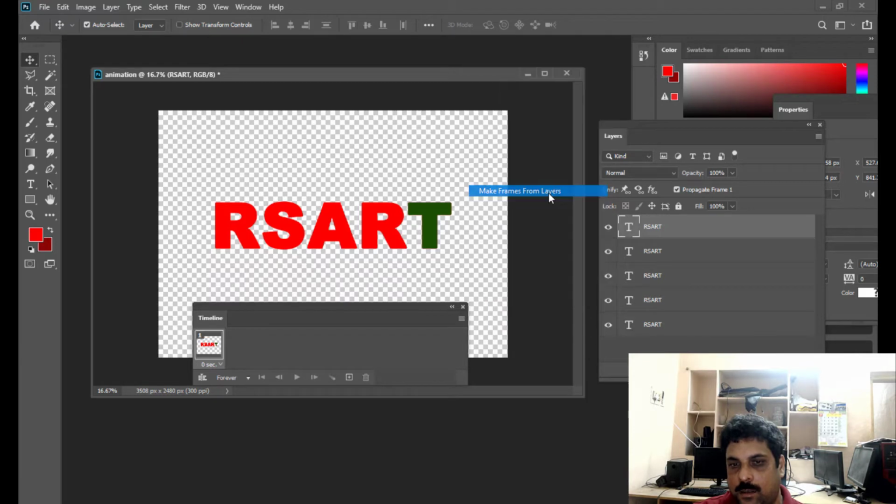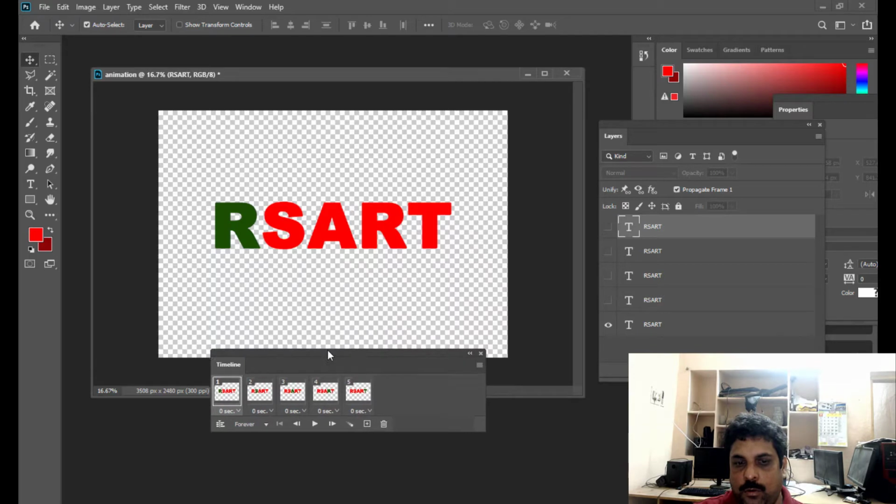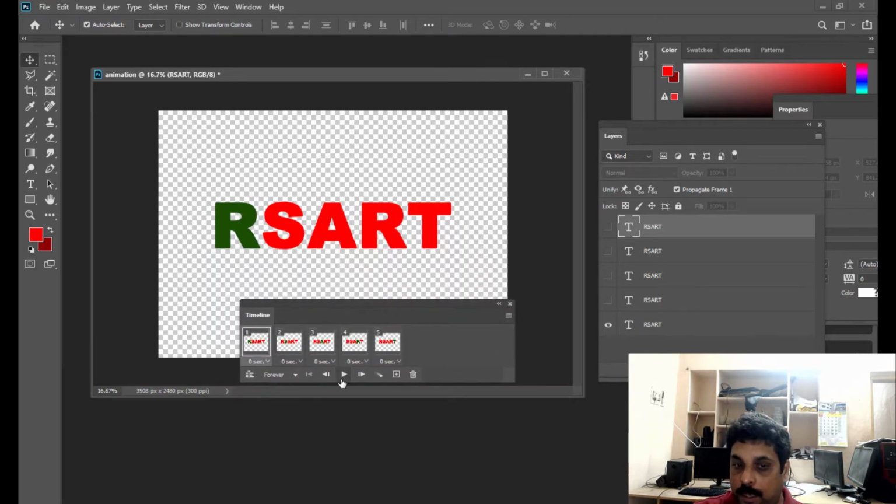Just select this option, and now you can see all these 5 layers are converted to 5 frames. If you play this, see there is a play button over here. If you play this, you can see a simple text blinking animation is created.